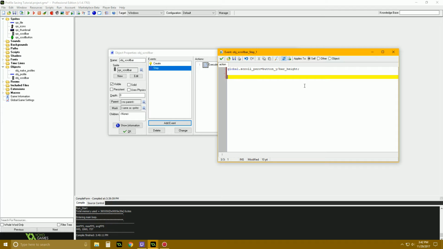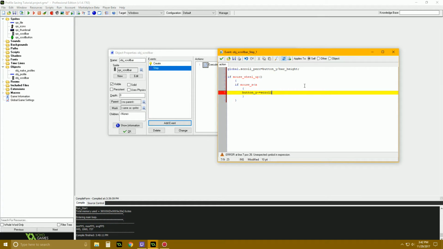So, now, let's just do scroll wheel first. If mouse wheel up, pretty easy. And I'm going to add a little bit in here. I'm going to say if mouse X is less than X. So basically we're going to say if our mouse is to the left of our scroll bar, so we're only going to scroll in that area, right? Then we're going to say button Y plus equals mouse wheel up. Oh, we're going to minus equals